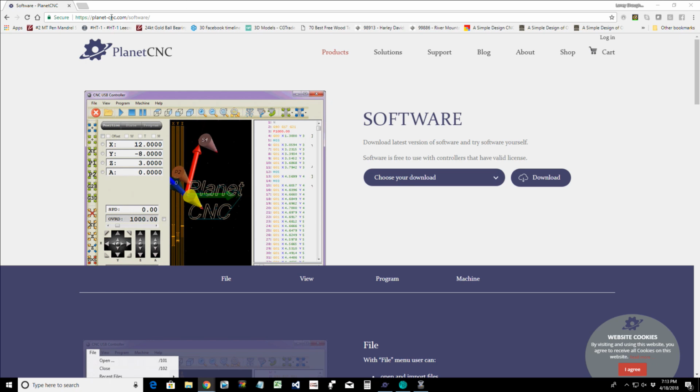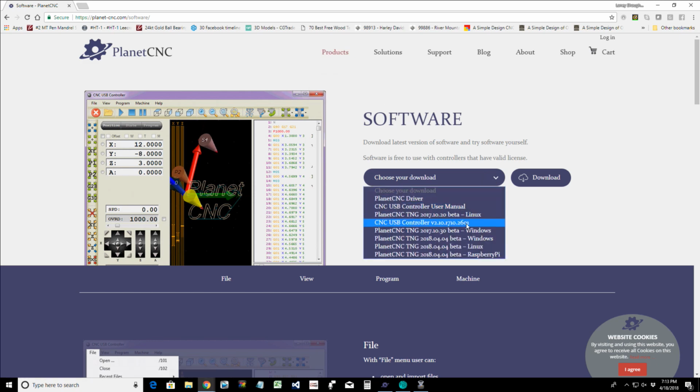Well, on planet-cnc.com, under products in the software window where we are now, when you migrated over, if you have migrated over earlier, you migrated over by downloading the 2017.10.30 beta for your Windows. You'll notice now that there is a PlanetCNC TNG 2018.04.04 beta Windows. If you have not downloaded your TNG to migrate over and you're thinking about doing it, this is the version that you want to download,